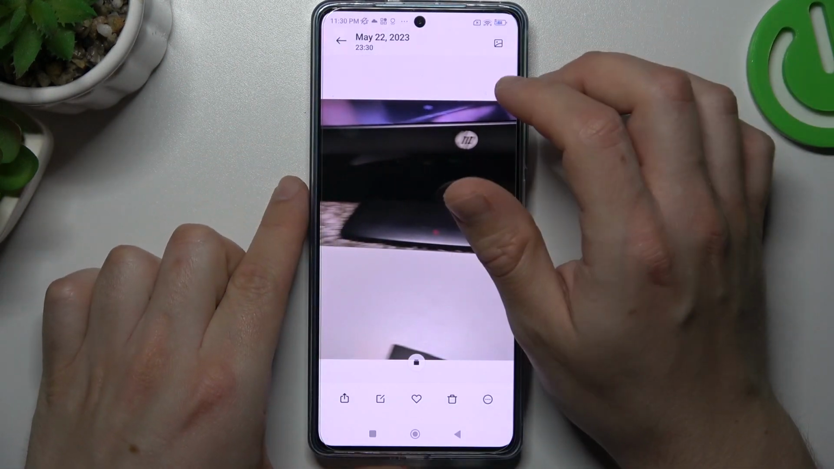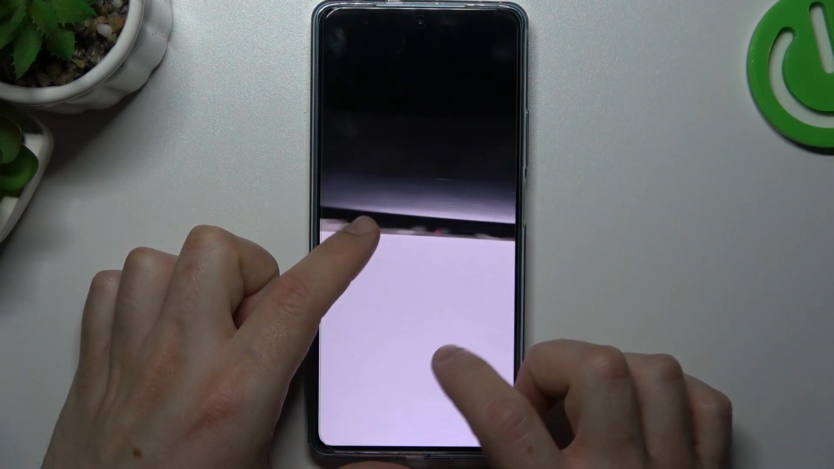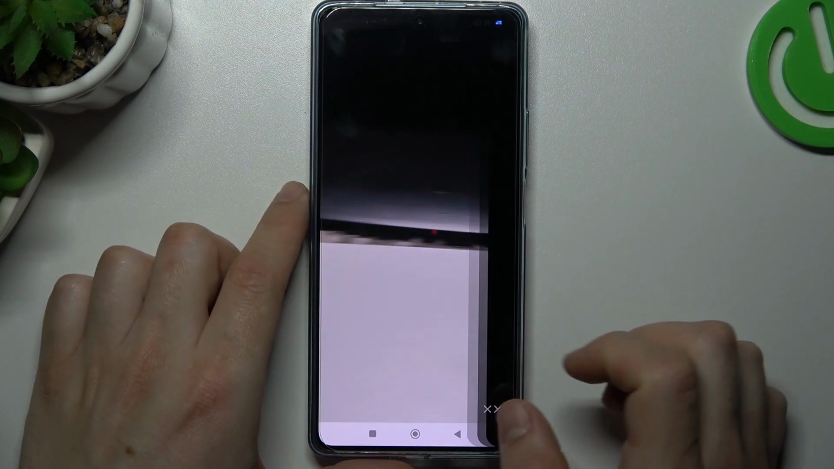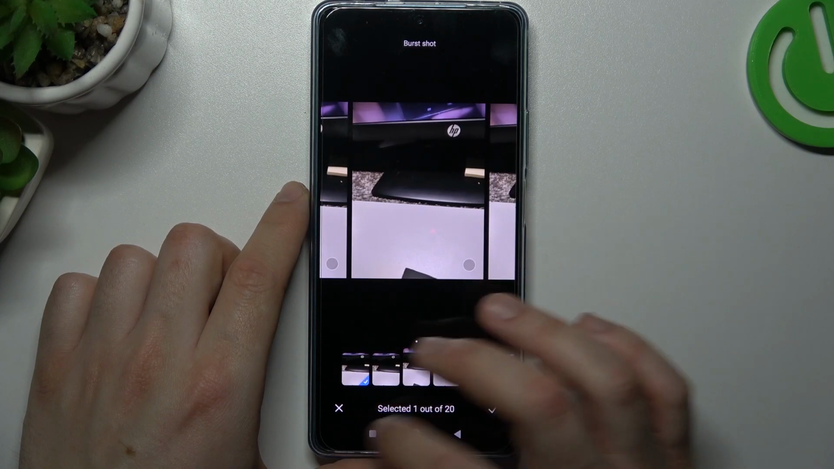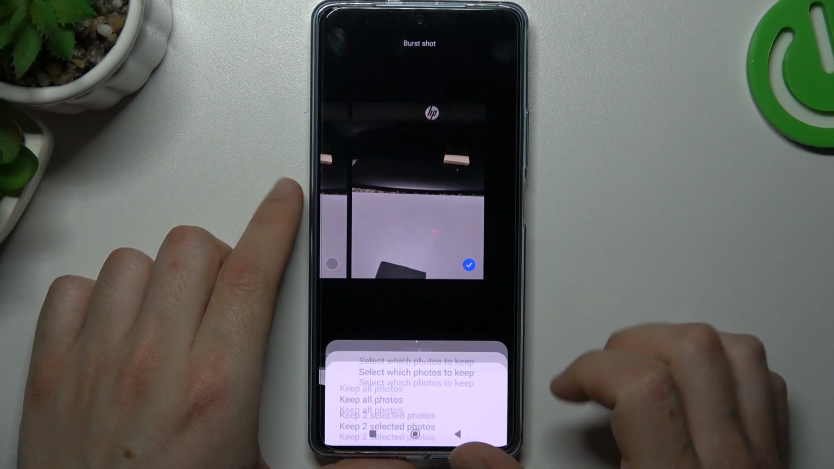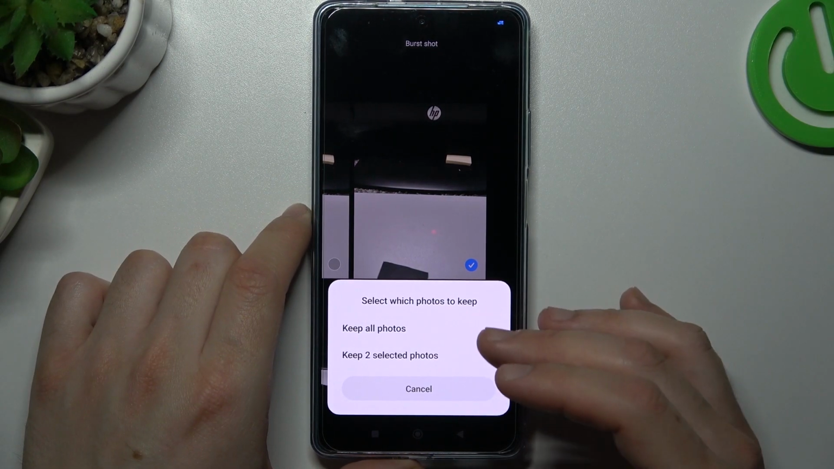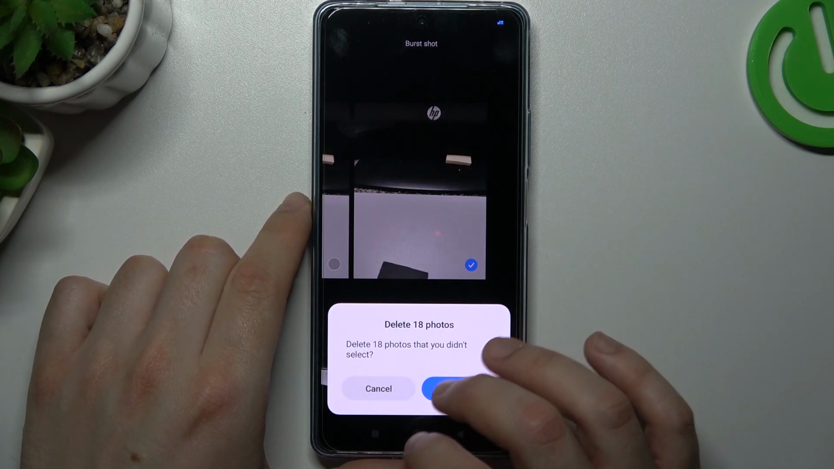If you want to pick the best one, click on this icon, select your best shots, and click the accept icon. Now decide whether you want to keep all the photos or just the selected ones. Now click OK,